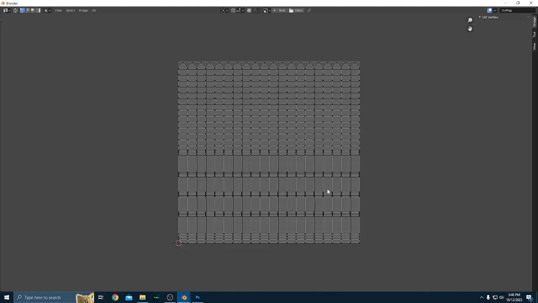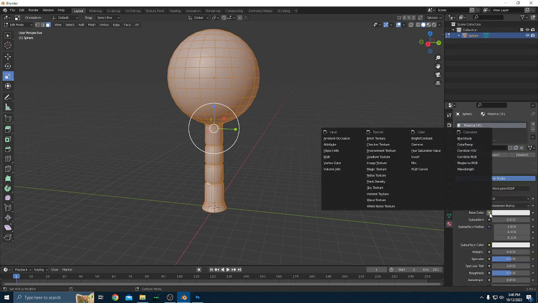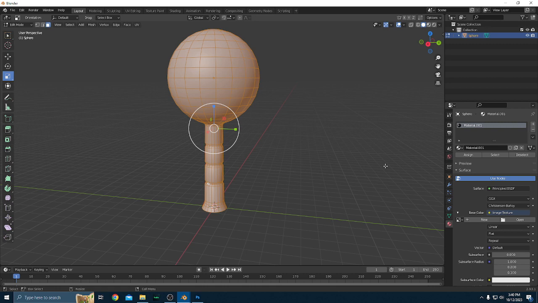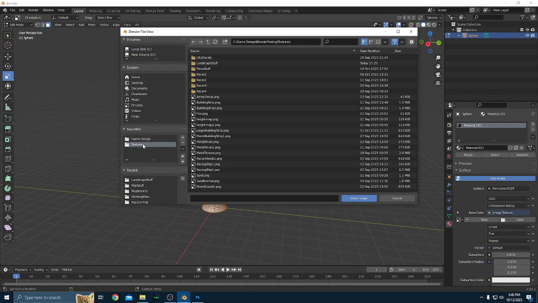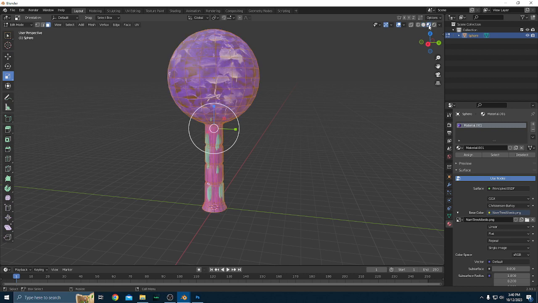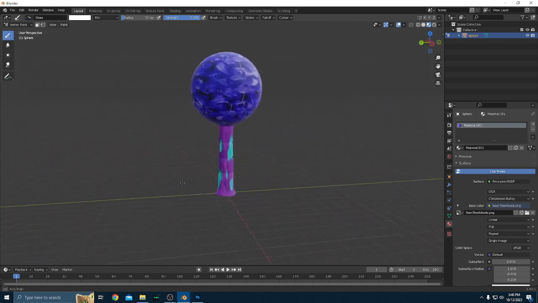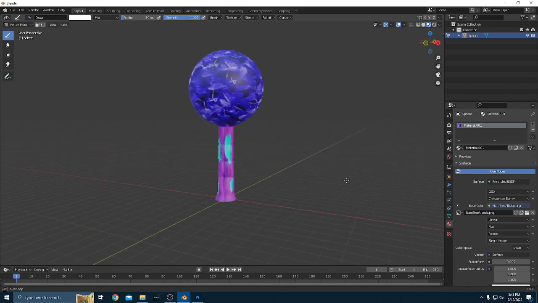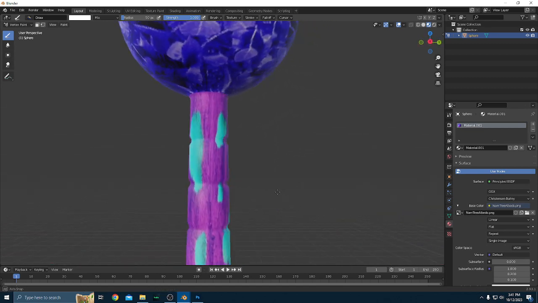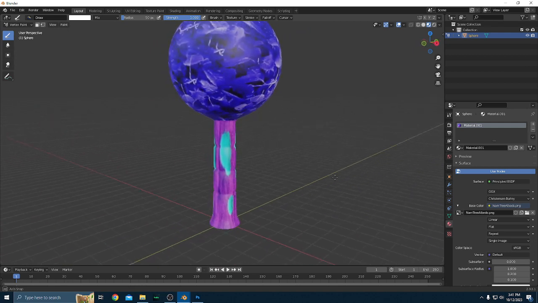I guess before we close it, let's just see how it looks on the tree. Not terrible, although